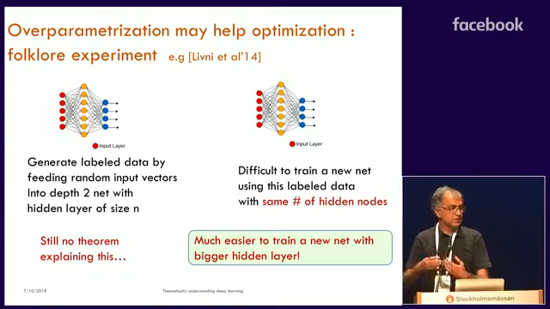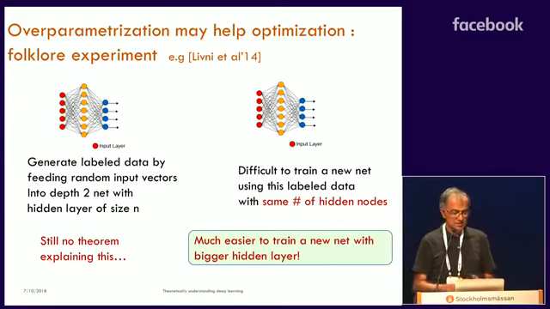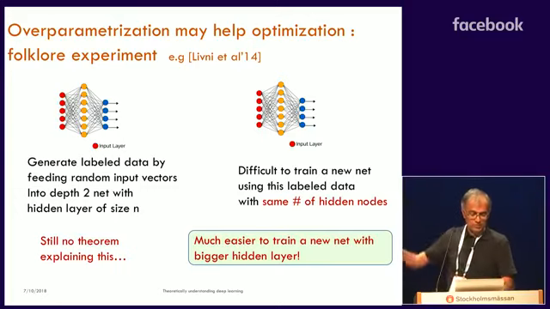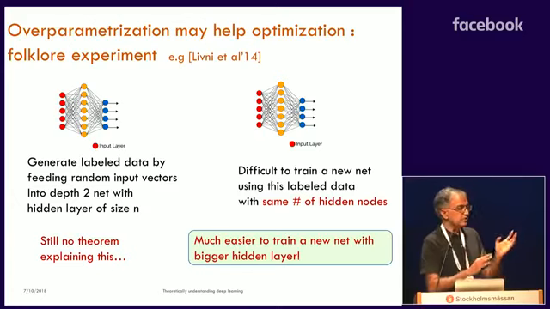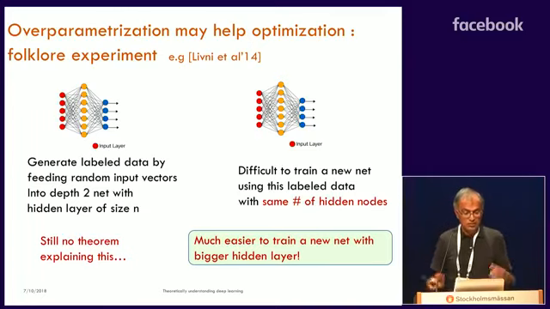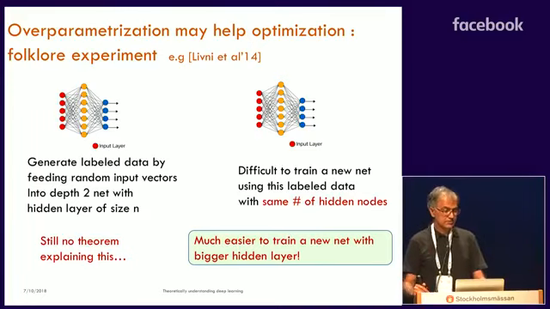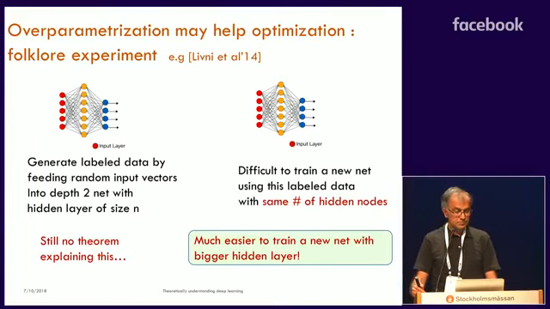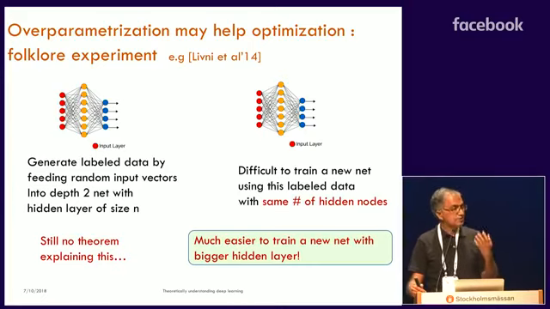And I've had a sequence of smart students to whom I mentioned this problem, and nobody has really made progress on it. I mean, there's some progress, but nobody has been able to prove it. You can even make any assumptions that you like, that the data was just Gaussian vectors that you're feeding into this net. Maybe even the net has random weights, and still, it's very hard to prove this. Okay, so overparameterization seems to help optimization.